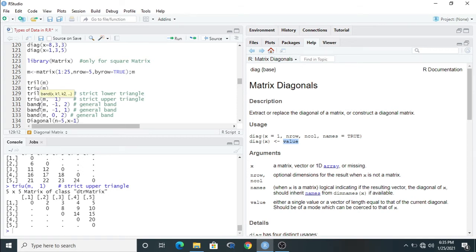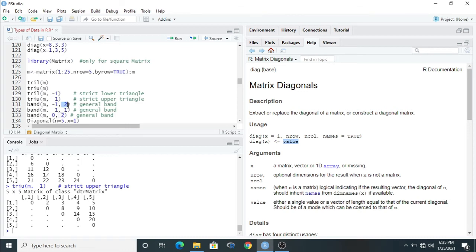What is the meaning of band? Band means it shows the particular band of elements which we have to show here. Here -1, the first element, this is the matrix M, and the first element shows which rows we have to show in our matrix. This will show the same thing, but remember one thing, the rows should be attached to the diagonal element.